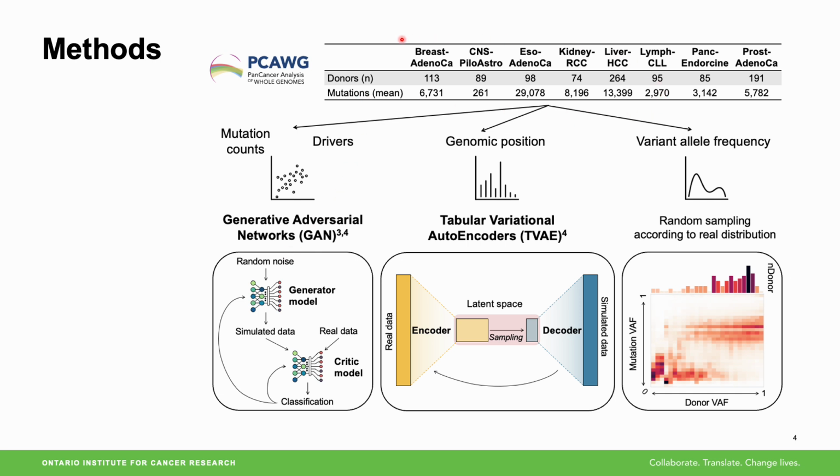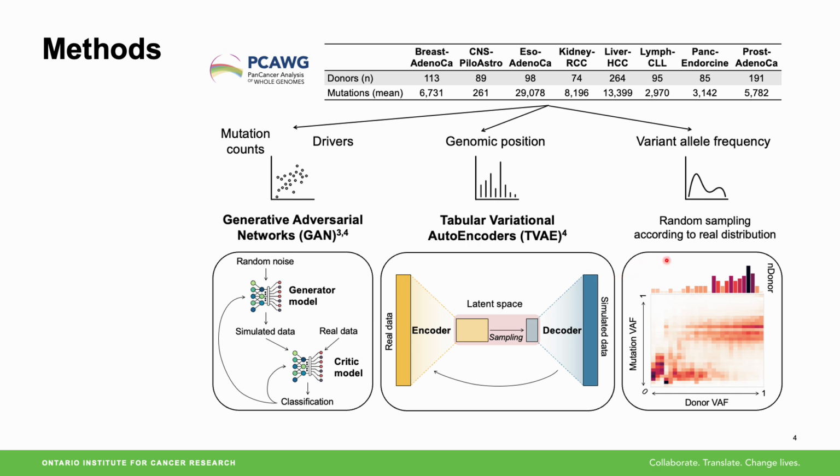First, we are taking 8 different tumor types from the PCAWG analysis. Then, to improve the simulation, we process the data and break it down into individual features. Depending on the nature of the characteristics, we use different approaches and models. For example, for donor and driver characteristics, we train different generative adversarial network models. On the other hand, to simulate the genomic position of the mutations, we use tabular variational autoencoders, since they work better to incorporate the long context relationships.